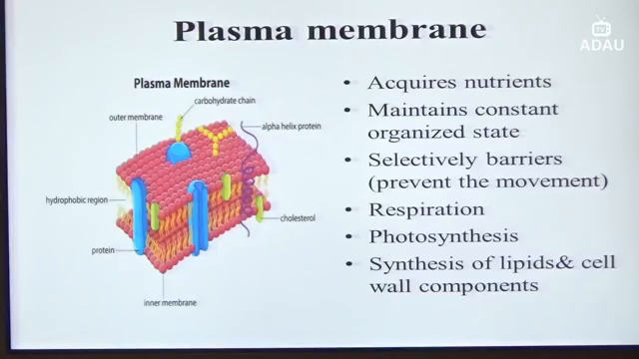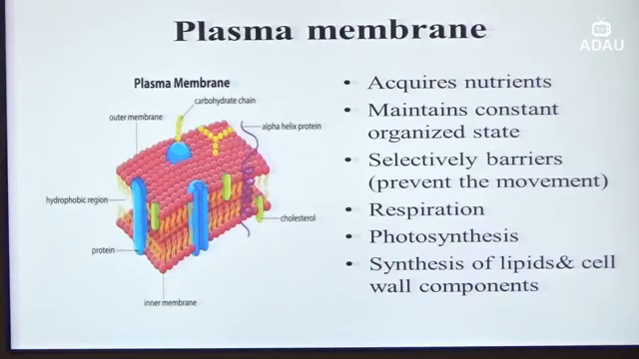And the next one is the selective barriers. There are some types of barriers that especially influence microorganisms in a bad way. This one is the prevention of movement, because some types of microorganisms try to move, and there are some types of microorganisms that move very rapidly, like E. coli. And this one is respiration, like us and other types of organisms, microorganisms have a respiration process, and the